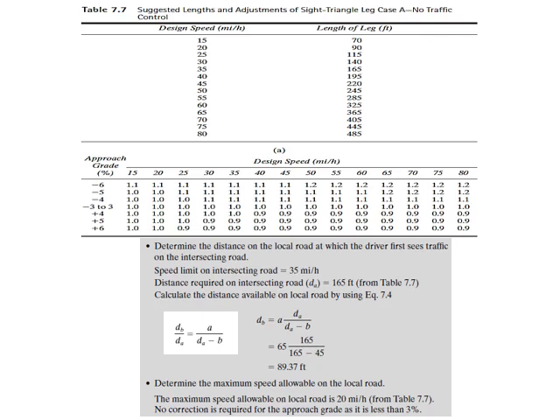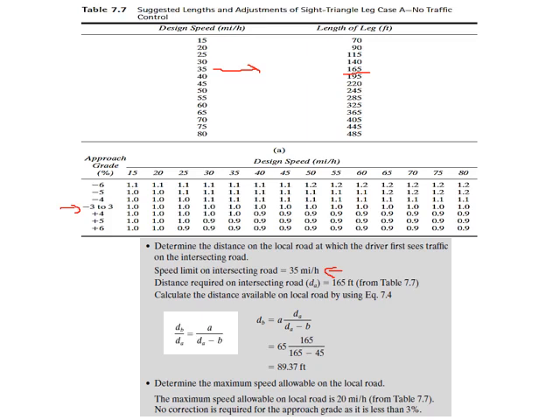I already have the speed limit on one of the roads, so using this speed limit I will find out the required side distance on this road. I put the 35 miles per hour speed here, and I get the side distance to be 165 feet. So on road A I need 165 feet. Do I need an adjustment for this road? No, because the gradients were given as 2%, so it's in this range, so no adjustment is required.